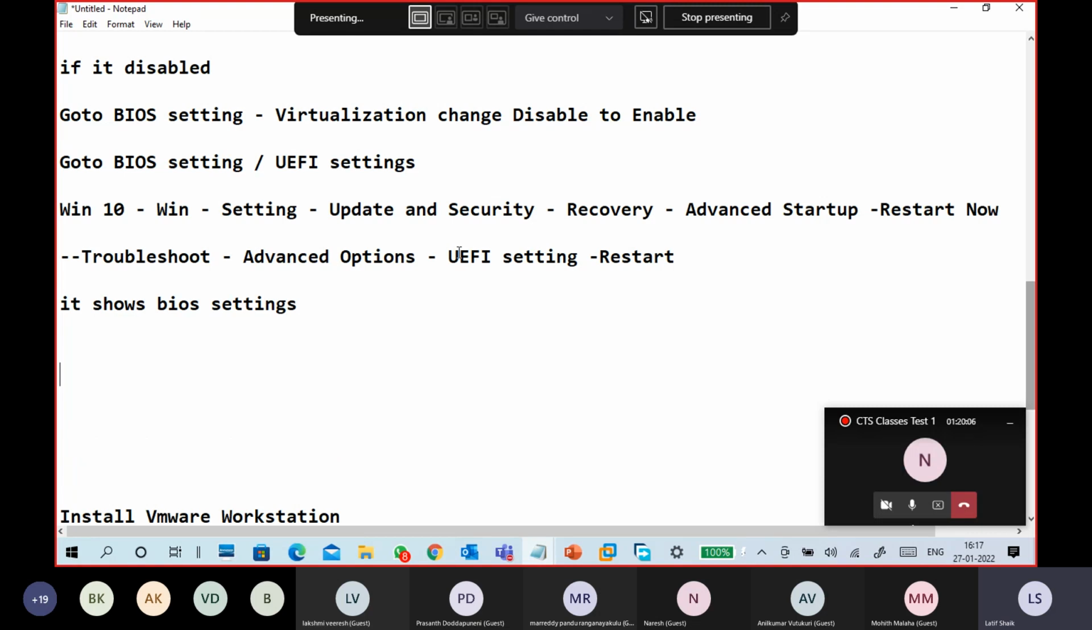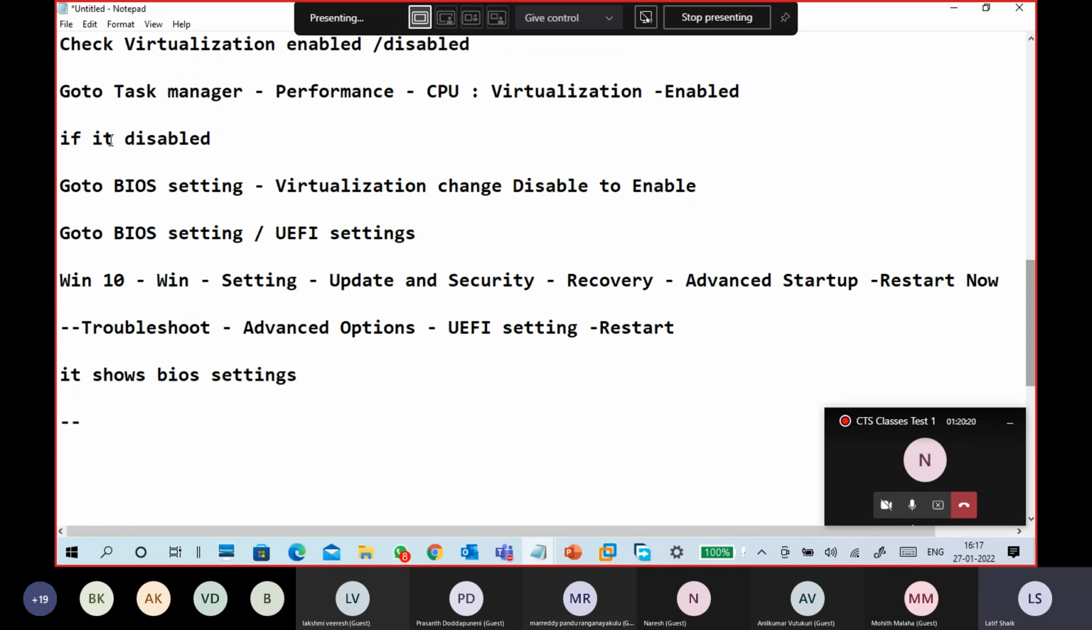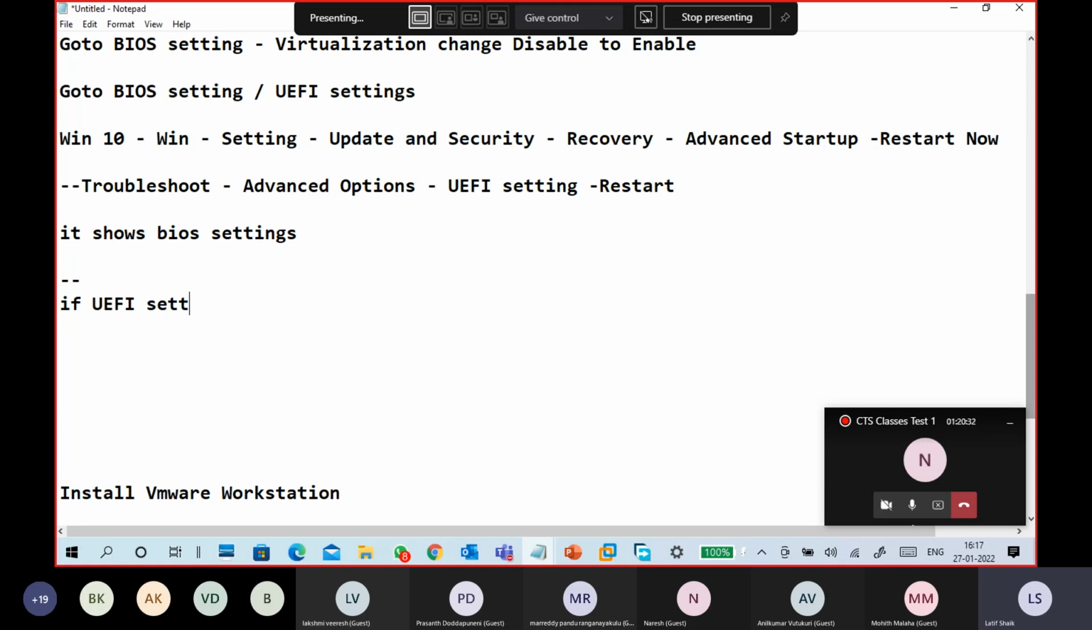If in case this particular option is not showing, what to do? I'm telling you now, guys, so listen very carefully. If it is not showing, then what to do? Meaning, if the UEFI setting option is not showing,